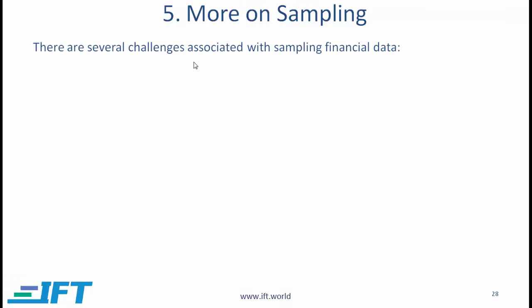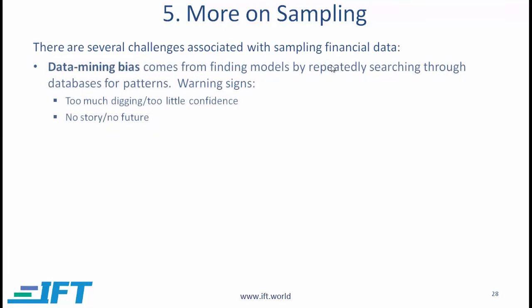And now we come to the final segment in this reading, which has to do with the challenges associated with sampling financial data. I'll simply summarize the main points. One of the challenges is data mining bias, and this data mining bias comes from finding models by repeatedly searching through databases for patterns. The warning signs include too much digging without any real confidence and the lack of economic